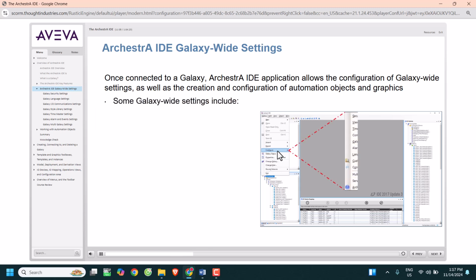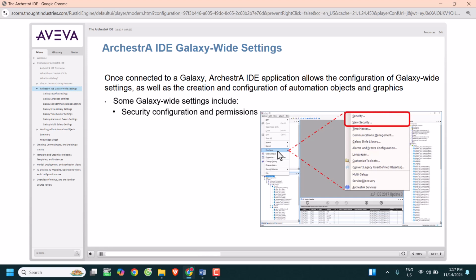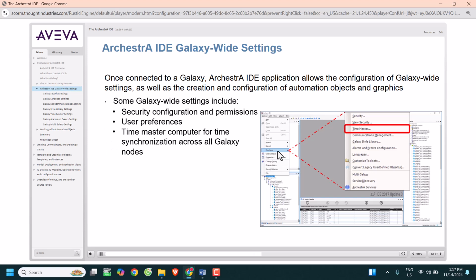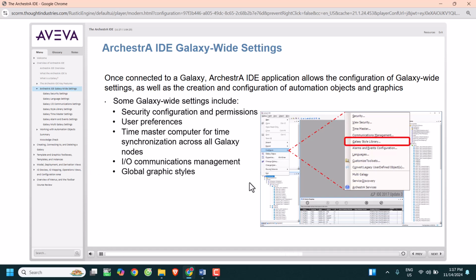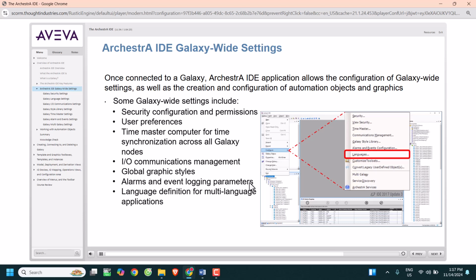Some of the Galaxy-wide settings that can be configured with the Archestra IDE include security configuration and permissions, user preferences, Time Master computer for time synchronization across all Galaxy nodes, I/O communications management, global graphic styles, alarms and event logging parameters, language definition for multiple language applications, and multiple Galaxy communications. Each of these is briefly discussed later in this course.